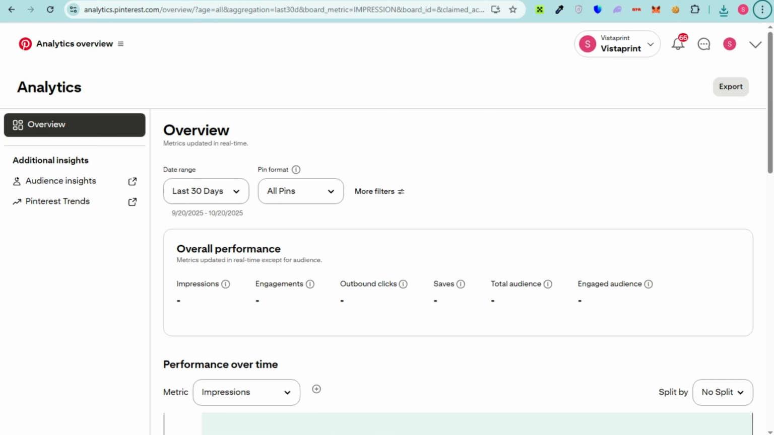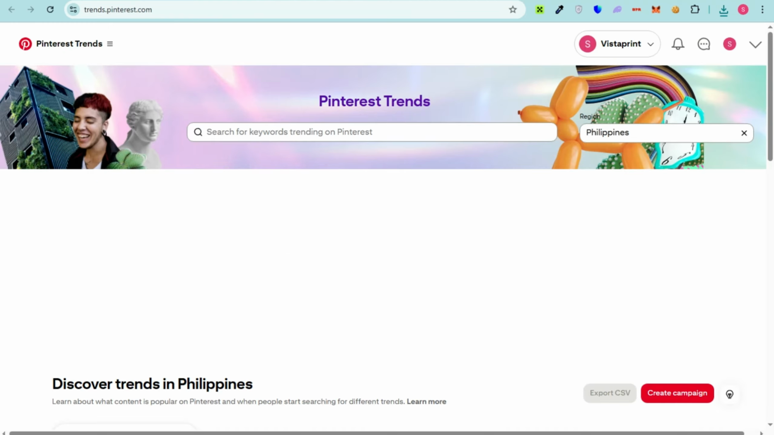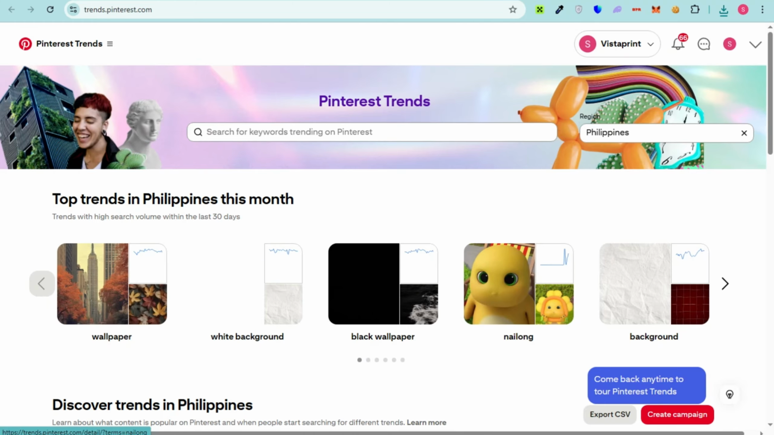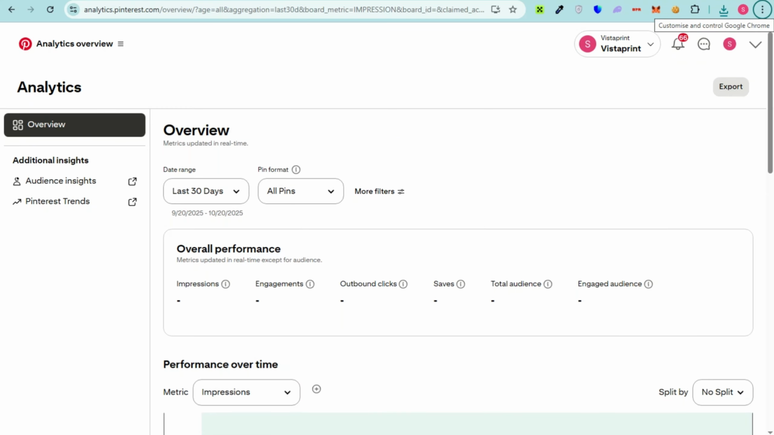So using Pinterest Analytics helps you move from guessing to growing by tracking what your audience loves and adjusting your visual, keywords, and timing. You'll turn good pins into viral pins that drive consistent traffic and engagement. So basically, that's how easy it is to use Pinterest